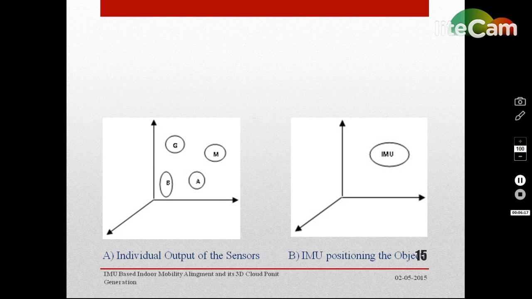Here we have shown two different sensor positionings. Figure A shows an individual output of the sensors, and figure B shows an IMU position of an object. Here the map shows the difference between IMU output and an individual sensor output. Individual output of the 4 different sensors with positioning